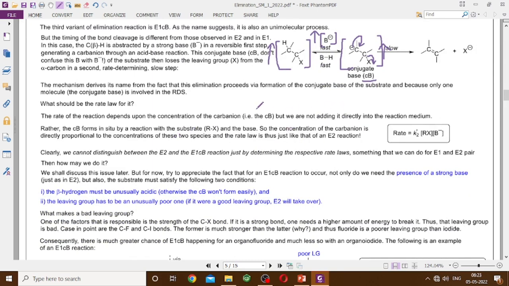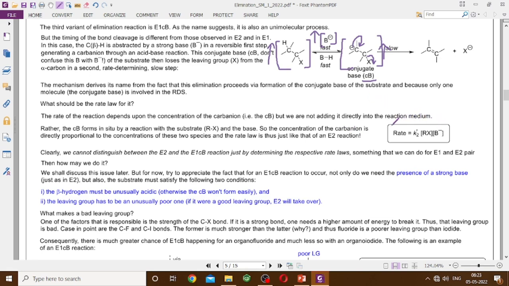distinguish between the E2 as well as E1CB just by looking at the rate law, as we could differentiate E2 and E1. কারণ E2 ক্ষেত্রে রেট ল ছিল ফার্স্ট অর্ডার উইথ রেসপেক্ট টু অর্গানোব্রোমাইড, ফার্স্ট অর্ডার উইথ রেসপেক্ট টু বেস. For E1, it was only first order with respect to organobromide, and it was independent of the base concentration. Actually, there was no base present there. সেখানে কোনো base ছিলই না, just ethanol solvent ছিল. Solvent was acting as a base. So